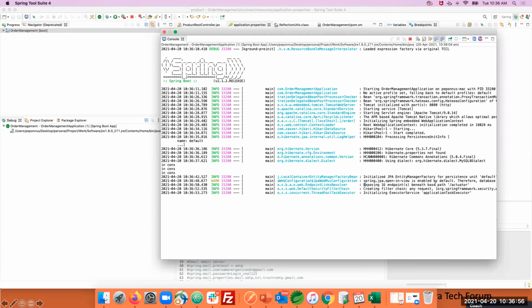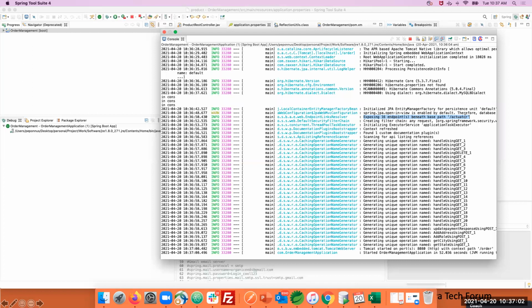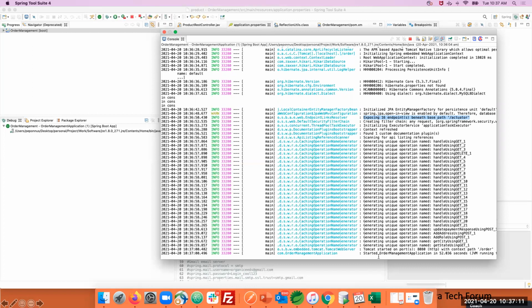See here, for the activator there are 16 endpoints exposed. By default, since I included all the endpoints, 16 endpoints are exposed. The application started on 8080 with the context path order. As I told you, we need to open the context path along with that. Let me open Postman.